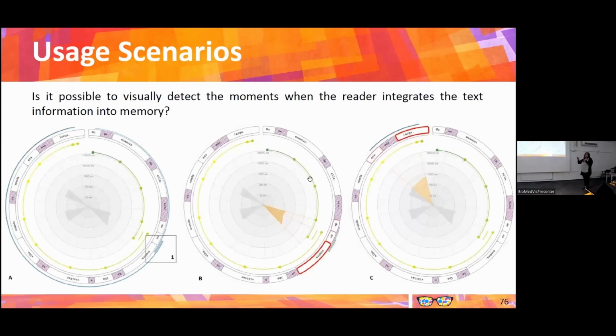They were also interested in realizing if it's possible to visually detect the moments where the reader integrates the text. And I was telling you a little bit earlier that you can see that someone is integrating the text if they are dwelling longer at the end of the sentences. So here, for example, you have a microstory with 2 sentences. There is a dot. So this is one sentence and another sentence. And experts can select this last part of the sentence and realize that the user is dwelling longer there. And the same happened.